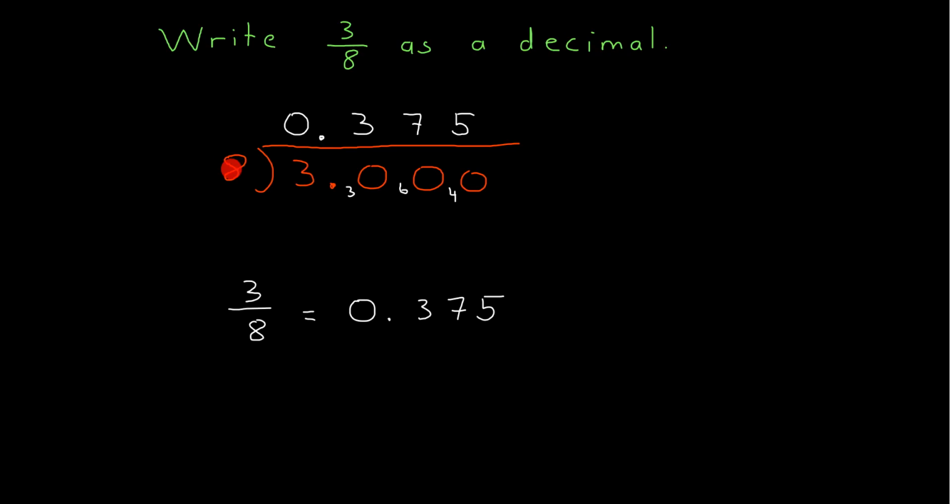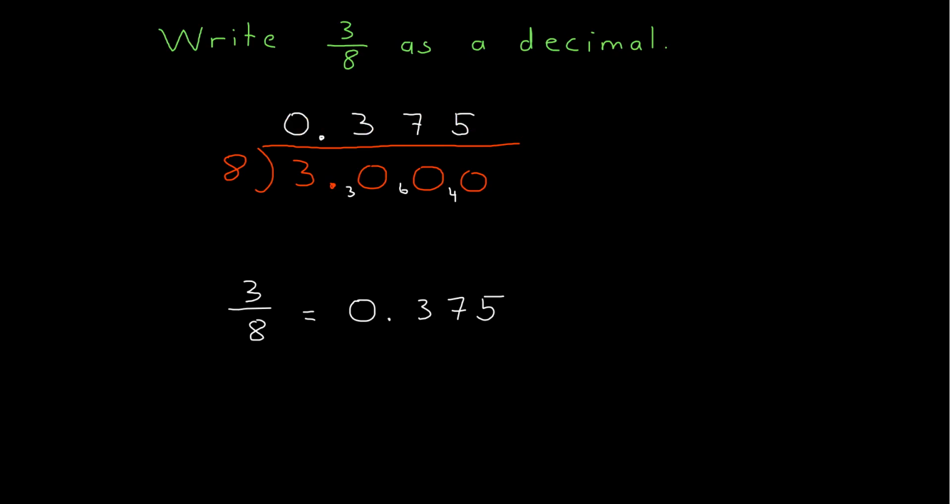So I put my 8 here and my 3 here, and I go 8s into 3 goes 0 with 3 carried on. 8s into 30, I can fit 3 of them because 8 by 3 is 24, so I can fit 3 8s into 30 with 6 left over. Then I do 8s into 60. I know that 7 8s go into 60 with 4 left over, and 8s into 40, I know 5 8s go exactly into 40, so no leftovers. So I've got